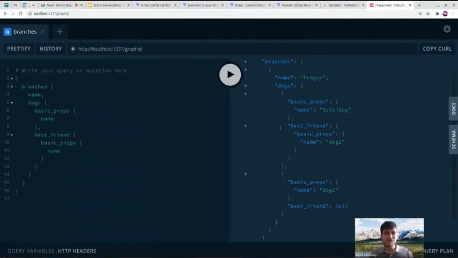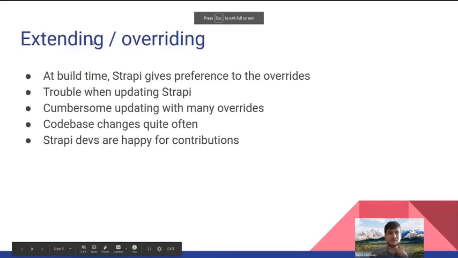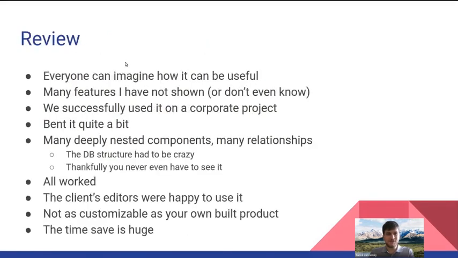If anyone decides to use Strapi and wants to extend something, please reach out to me. I can tell you how, or of course you can easily find it on the internet. So that's it for the demo. Let's just go back to the presentation, last 2 slides. Yeah, so last slide, because this one was about overriding, so I will skip it for now. So as a review of Strapi,